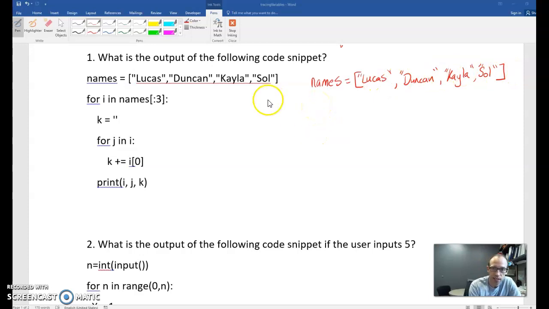My next variable that comes up is I. And what's the initial value of I here? It says for I in names, we're going up to position 3. So this is 0, 1, 2, 3. Notice the list that we're doing a for loop over here, first of all, is not the entire list. It's really just this portion